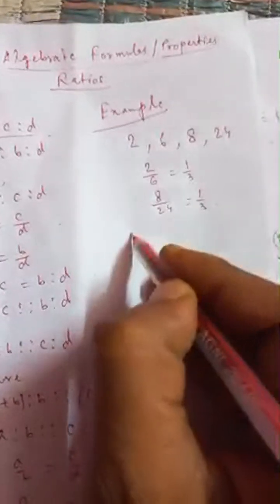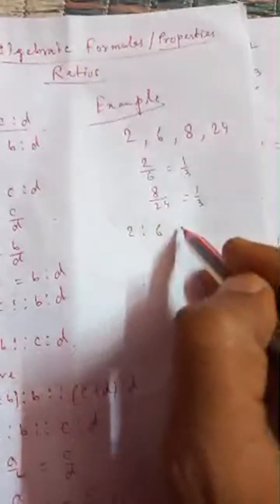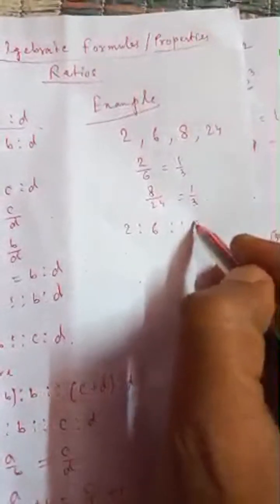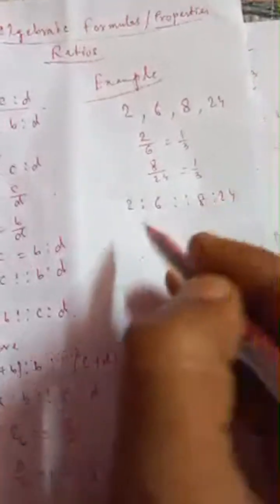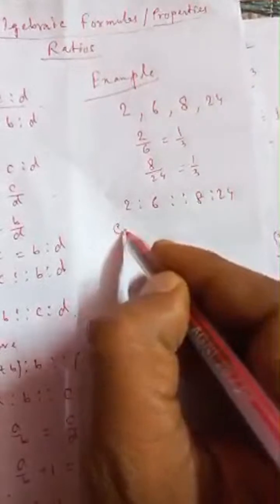So we have the relation 2 is to 6 and 8 is to 24. So by the componendo dividendo procedure,